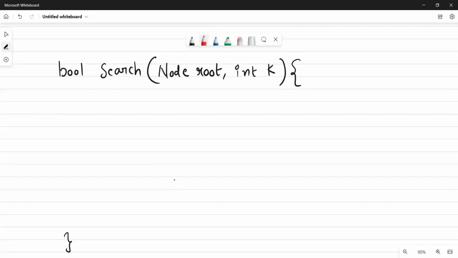So I was thinking, instead of root equal to null, we'll check if k is equal to root dot data. Then return true, right? Not root. Yes, true. So if by any case your k is equal to root dot data, in that case, return true. What's the next scenario? If k is less than root dot data,